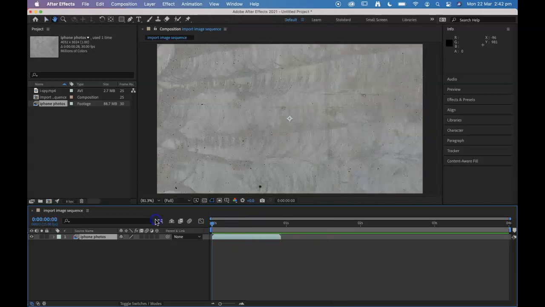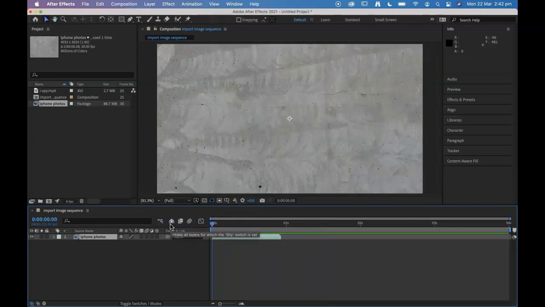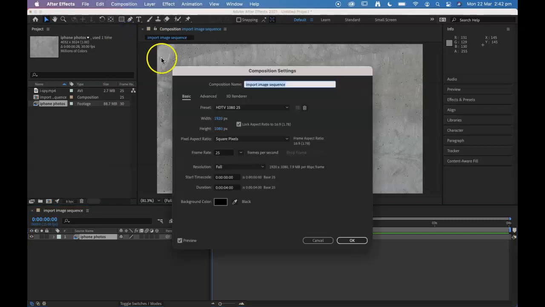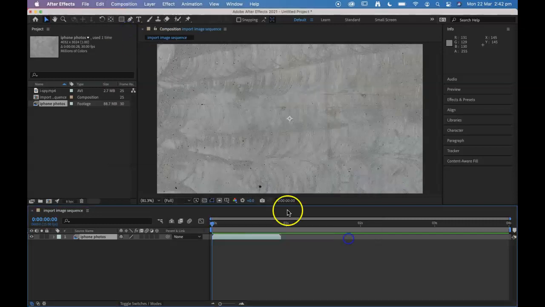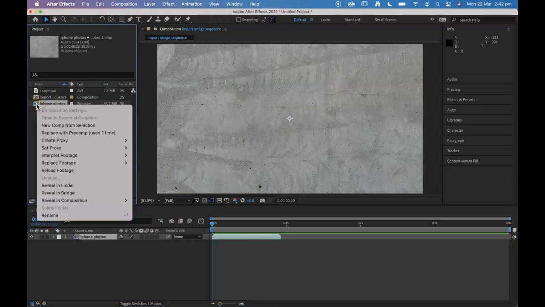So that's playing through really quickly. I don't want, although that might be good in some circumstances, to have a really rapid sequence. I actually want to slow that down a little bit, and we can do that in a couple of different ways. I'm just going to check my composition. 25 frames per second is good. I'm going to go to the image sequence in the asset bin there, and I'm going to right click on it,